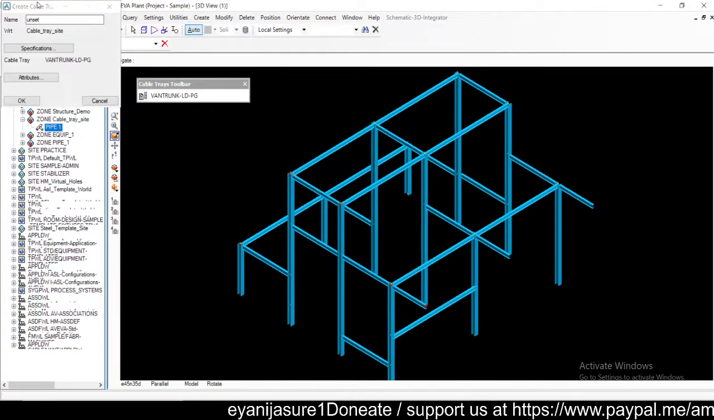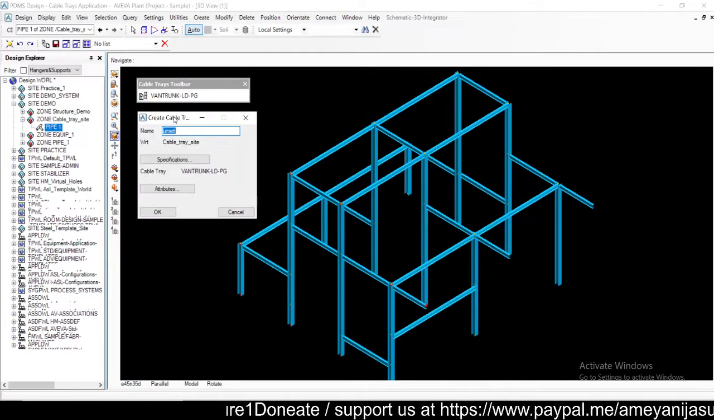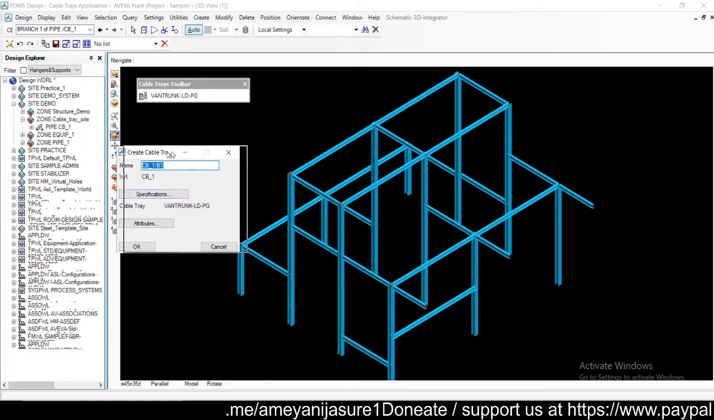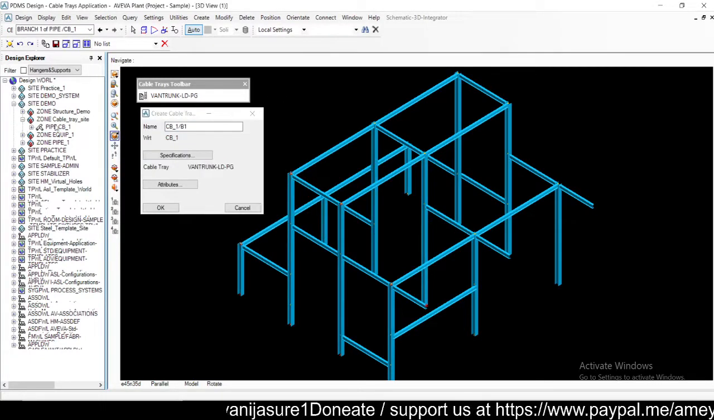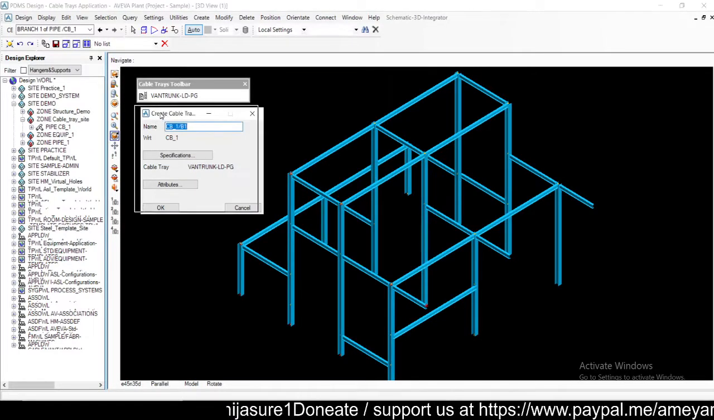which is basically a branch pipe specification. So you can have, say, CB underscore 1, which is my first cable tray. Here also you can change the specification. You can say okay, and if you check the design explorer, it basically says pipe CB underscore 1. So PDMS considers it as a pipe structure which is having a head, a tail, and various components. That is what your cable tray is,